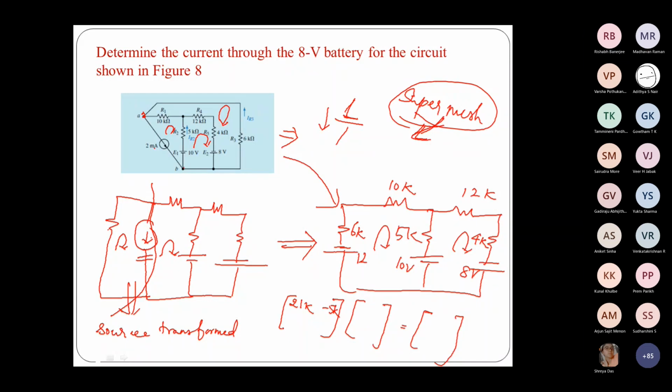And then for loop 2, this is R21. 21 minus, again, again here also my 21. Oh, right. Yeah, sorry. 16 plus 5, 21K. Very good. So currents will be I1, I2, and this voltage is, yeah.